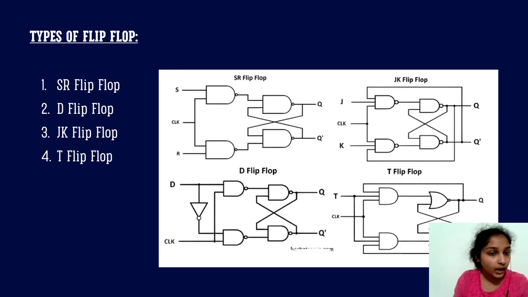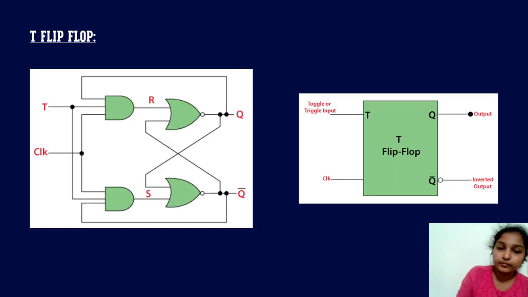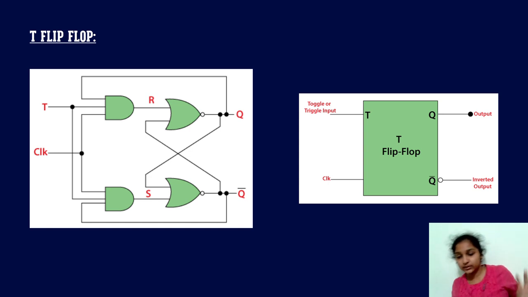There are four types of flip-flops. First one is SR flip-flop, second is D flip-flop, third is JK flip-flop, and the fourth is T flip-flop. Let us discuss what is T flip-flop. Okay, let us discuss only about T flip-flop. Let me turn on the